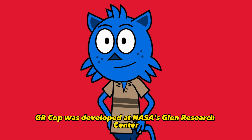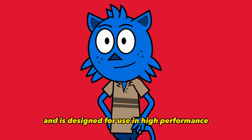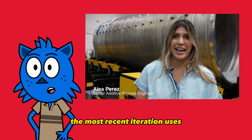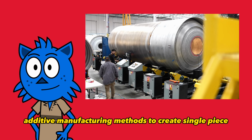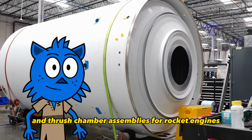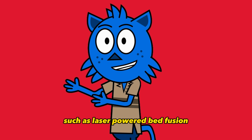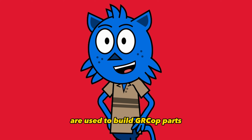GRCop was developed at NASA's Glenn Research Center and is designed for use in high-performance rocket engines. GRCop-42, the most recent iteration, uses additive manufacturing methods to create single-piece and multi-material combustion chambers and thrust chamber assemblies for rocket engines. Modern manufacturing methods such as laser powder bed fusion and directed energy deposition are used to build GRCop